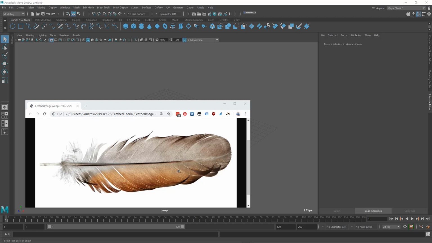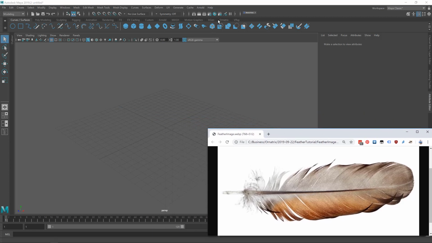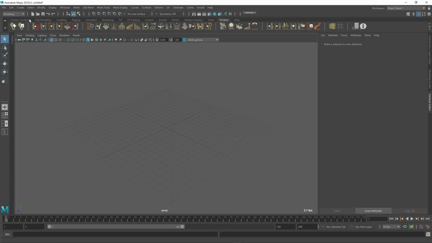So we will be modeling a more or less procedural feather from scratch in this tutorial, and we will also texture and render it using Arnold render inside Maya. Of course, this is good because Arnold comes built in with Maya, so you can use this renderer right out of the box. So I'm going to begin by creating a little plane here